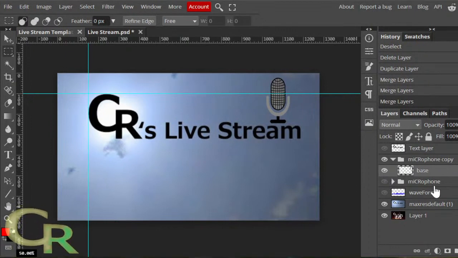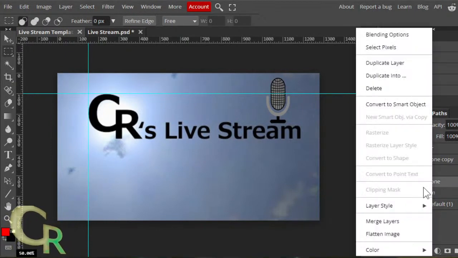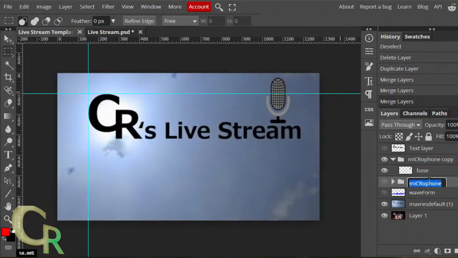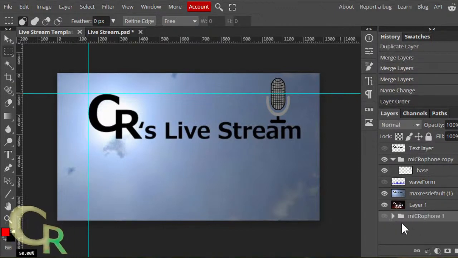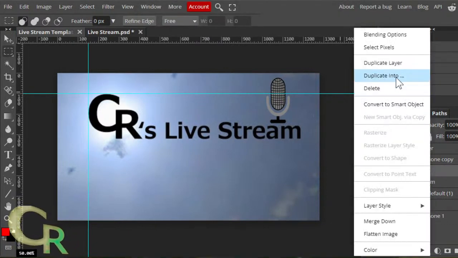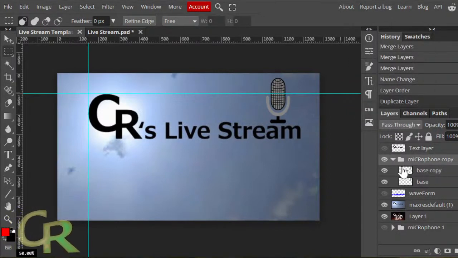So hide that microphone there. That'll be the one that I can work on if I wanted to. Change the names. Let's see. I might still move that down to the bottom. That'll be a working layer I can work on if I have to. And besides, I'll base everything off that. Okay, now save. Let me duplicate this. Both these. Rename that as the microphone.